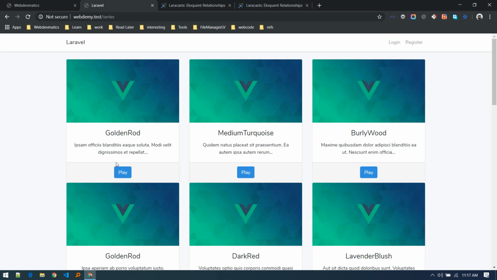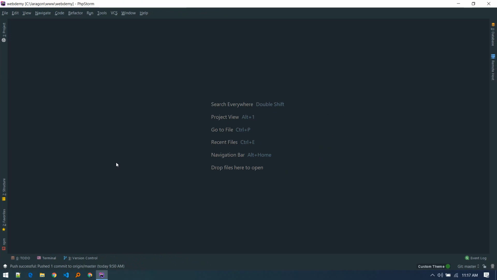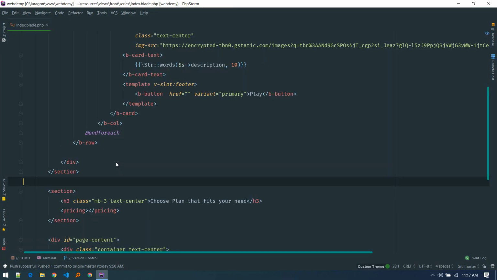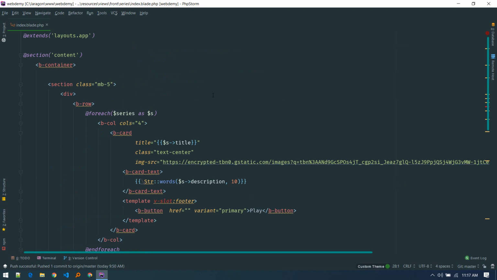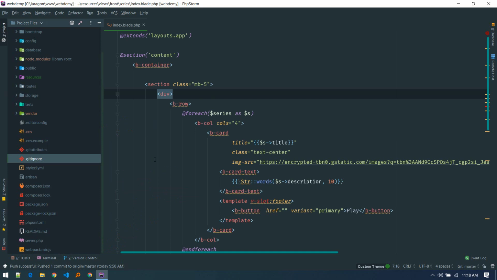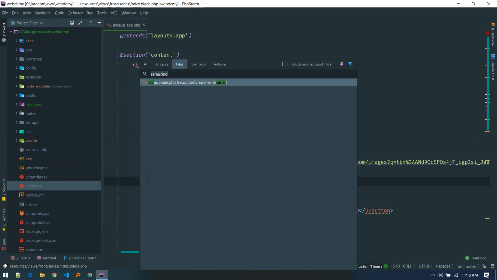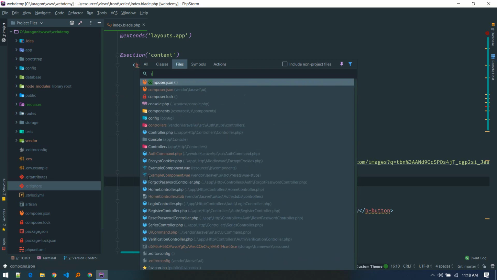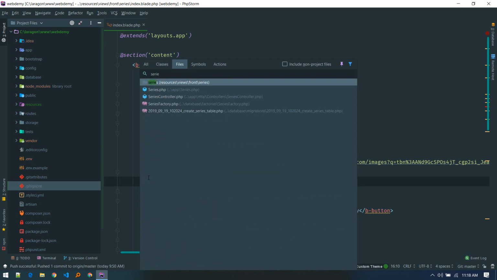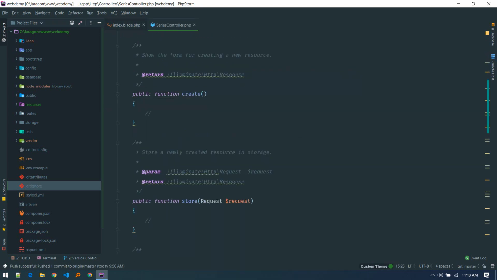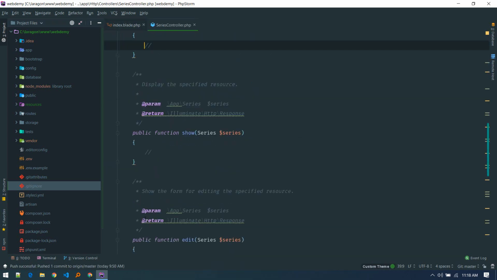Okay, so let's jump into code. So this is our series index page. We'll create our show.blade over here. Before that, let's go to the controller and specify that. So the series controller. In the series controller we have already, where is that? Okay, this one, and here we can just return view